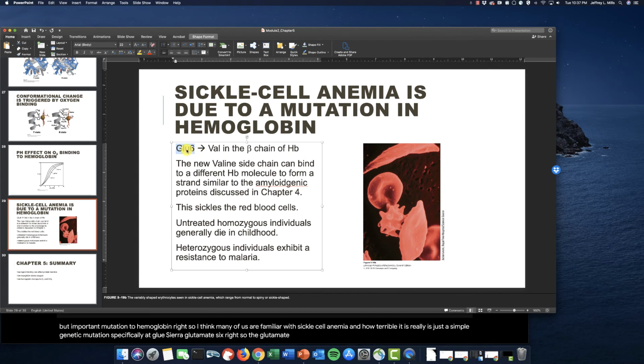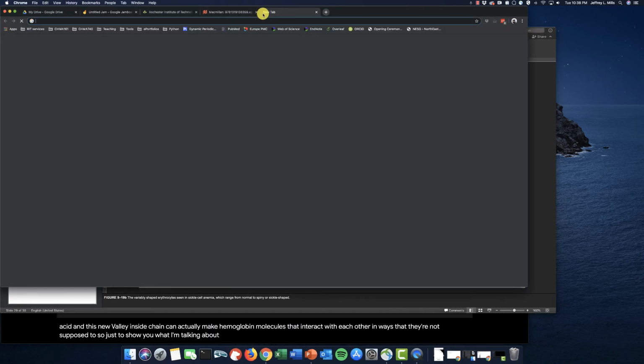So glutamate or glutamic acid is a charged residue at physiological pH. If you substitute that amino acid with a valine, it's roughly the same size, but instead of being a charged amino acid, it's now a hydrophobic amino acid. And this new valine side chain can actually make hemoglobin molecules that interact with each other in ways that they're not supposed to. So just to show you what I'm talking about,